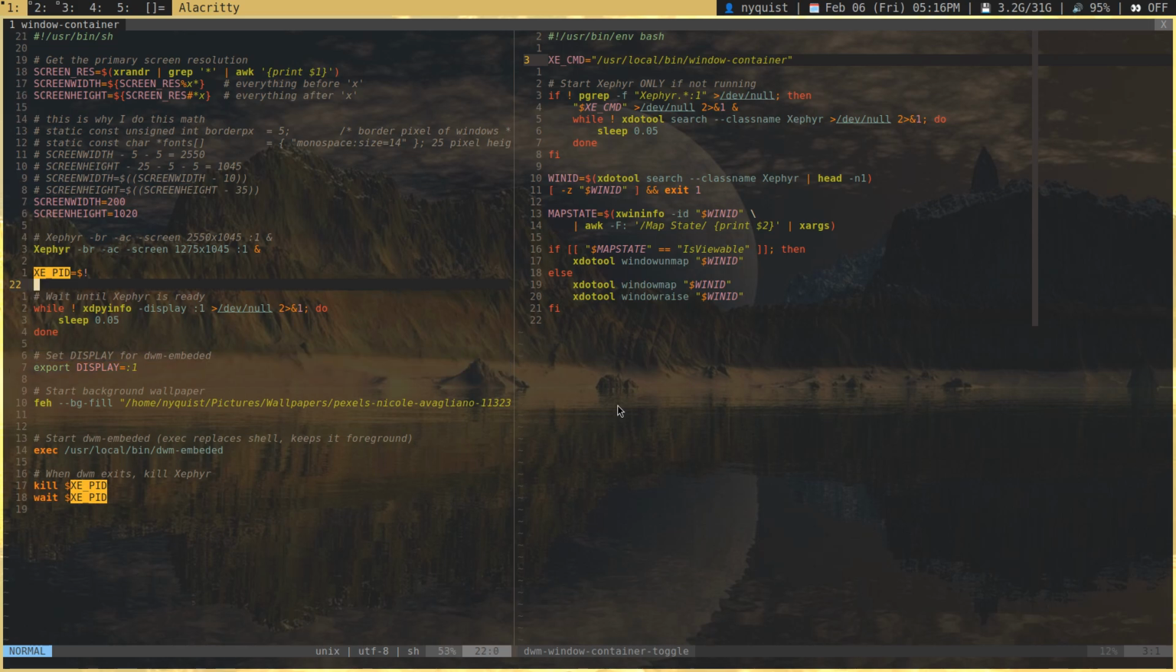So what I do here is I start Xephyr on display 1 at this resolution. Then I wait for it to start. It's a little hacky, but I just sleep for a little bit and keep waiting until Xephyr has started. And then I export DISPLAY equals 1, which means whatever command I do now that launches a window will now